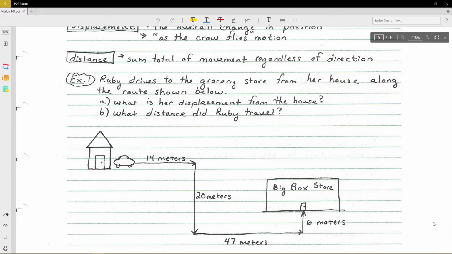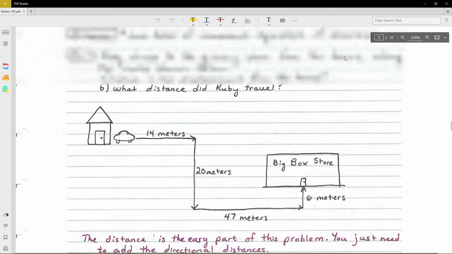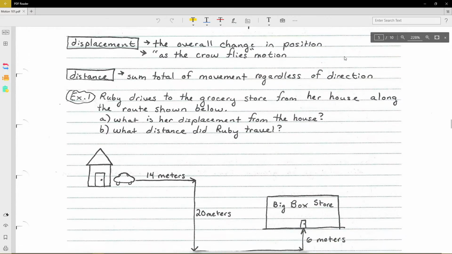Total, we could see she went 14 meters to the right from her house, then 20 meters down, 47 meters more to the right, and then 6 meters north. To get her total distance, the sum total of the movement, no matter what direction, we can just add these arrows together: 14 plus 20 plus 47 plus 6. That gives us 87 meters. However, her displacement is a bit trickier to get,